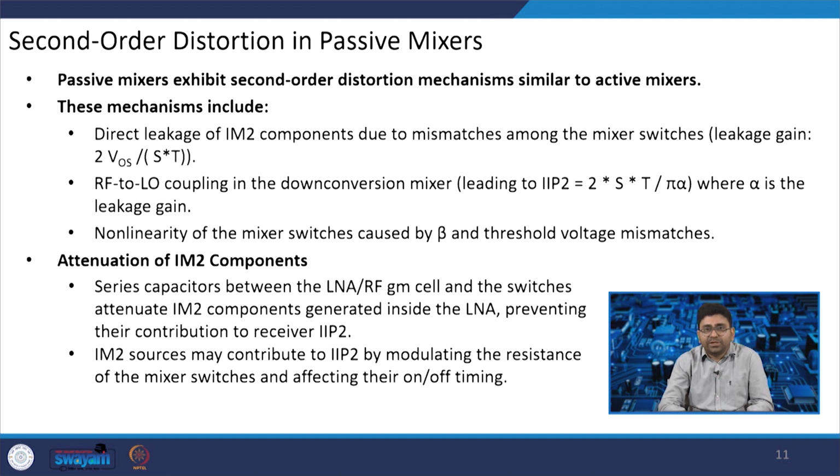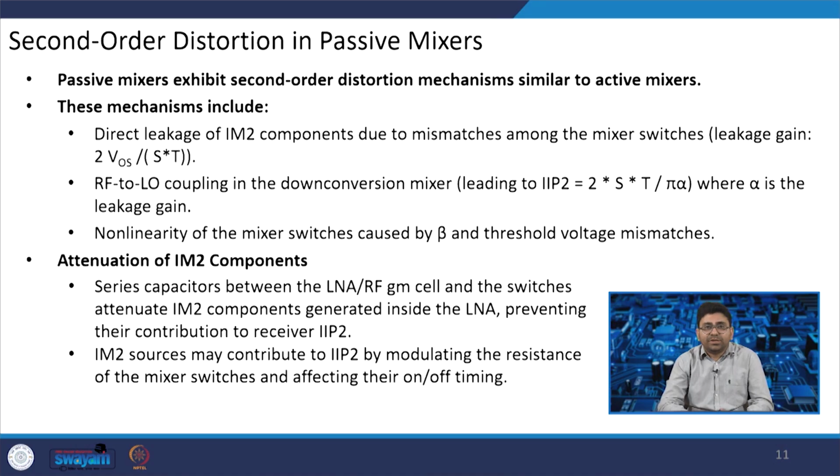Non-linearity of the mixer switch is caused by beta and threshold voltage mismatches. So, if we want to reduce the non-linearity or improve the linearity performance, then what we need to do is the leakage should be avoided. In order to reduce the leakage, if we can reduce the overlapping cycles, then that will help us to reduce the second order